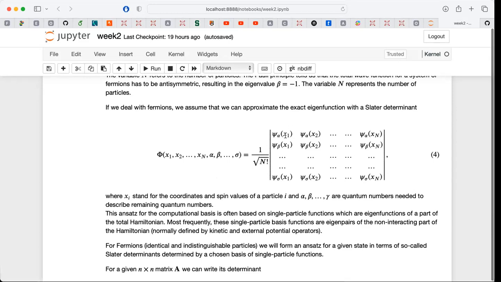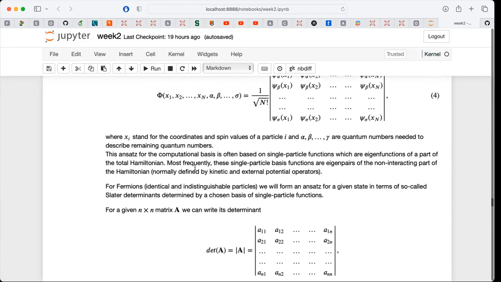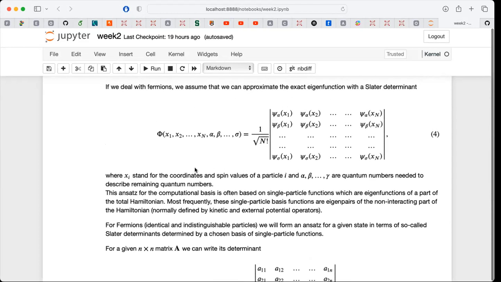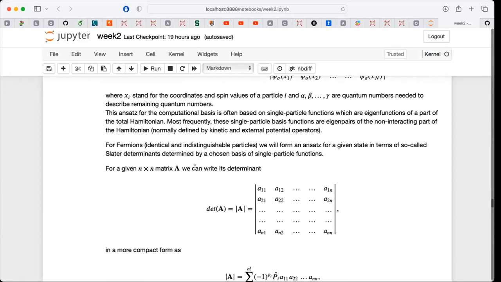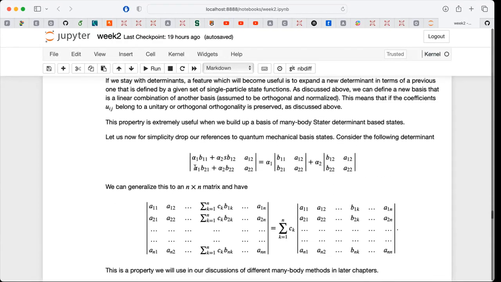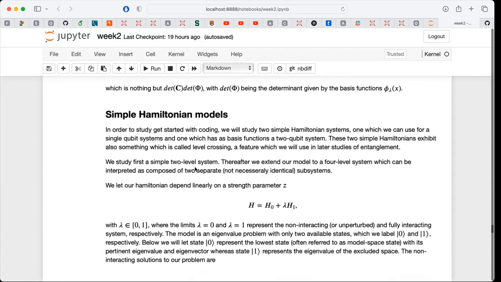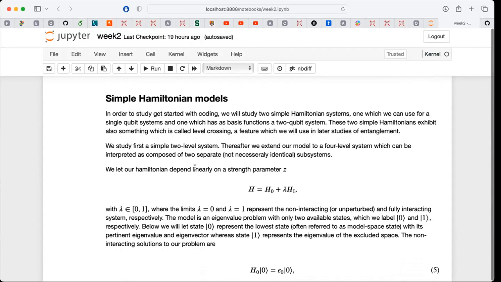So you can also show, and I'm not showing it here, that if this is an orthogonal and normalized basis, this many-body basis will also be defined in terms of an orthogonal and normalized basis. There is some matrix algebra here, which we are not going to look at. And the thing I wanted to dive into now is actually a system which is going to define the first